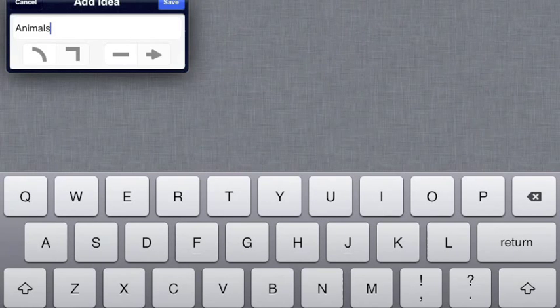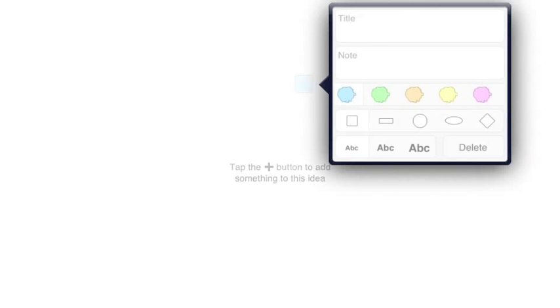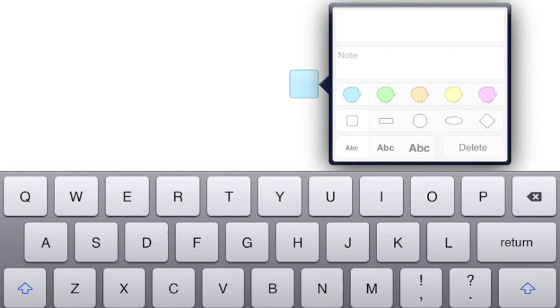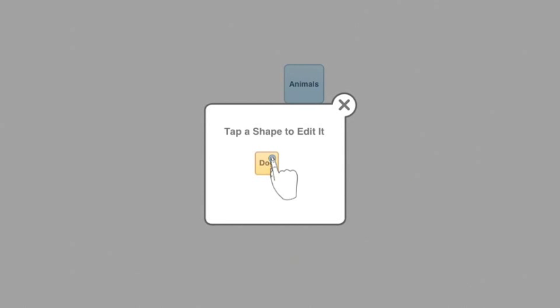Once I click Animals and I click Save, this becomes the title of my creation, and you'll notice it gives you the directions to tap on the plus button in the upper right hand corner to add content. So I've done that, and my first item in my graphic organizer is going to be the word animals, and once I click that and click off,